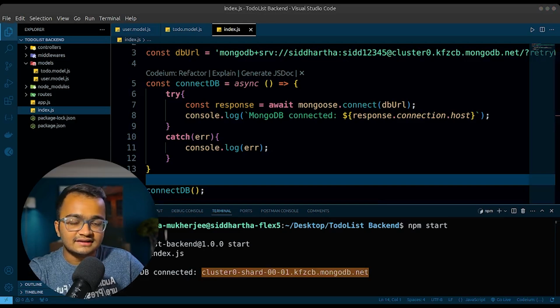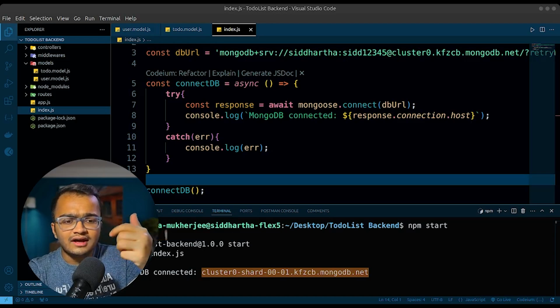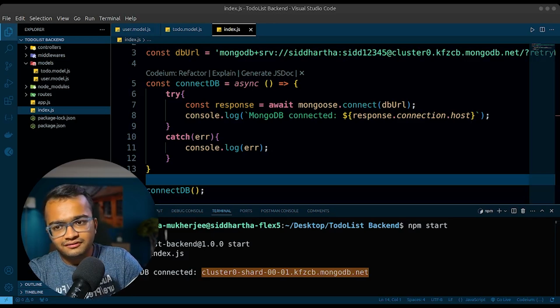As simple as that. Now this is not a professional way of storing the URL directly inside your code, because when you push this code to your GitHub, you are actually exposing it to a public forum, right? So this is not a good practice, to expose your URL to a public forum or GitHub like that. So developers found a way to hide this, or there was a predefined way to hide this,